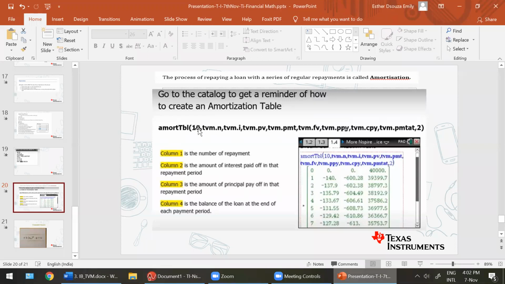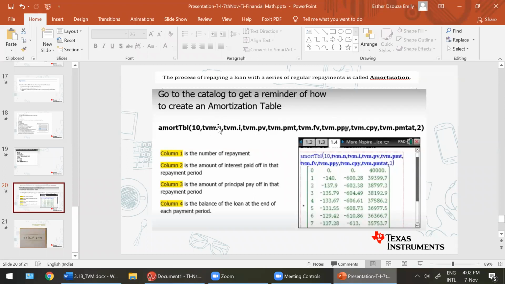Over here, keep in mind the format that you just had. The first variable: if I type in 10, it will tell me that I need 10 such rows. If you're doing it on your handheld, it's not advisable to type in a lot of values like 500 or 700, because you'll get that many rows and it will be difficult to shift through, but it's good to see it if you're using the emulator.